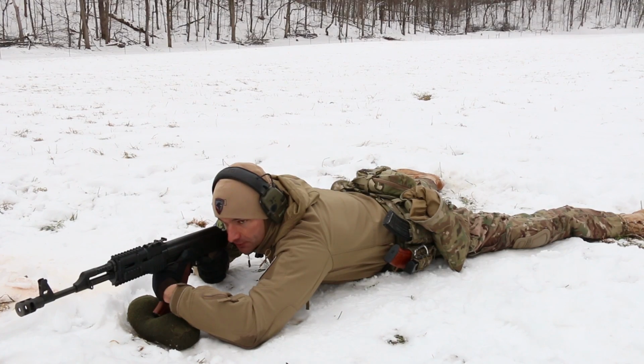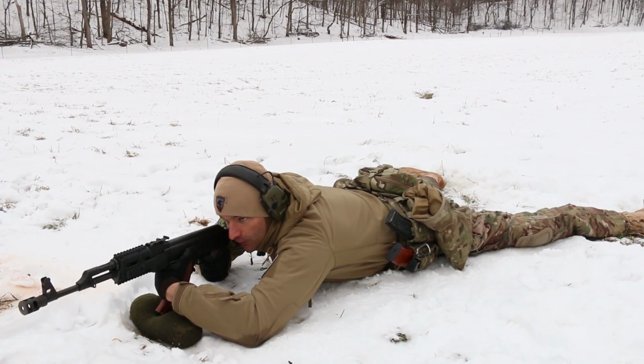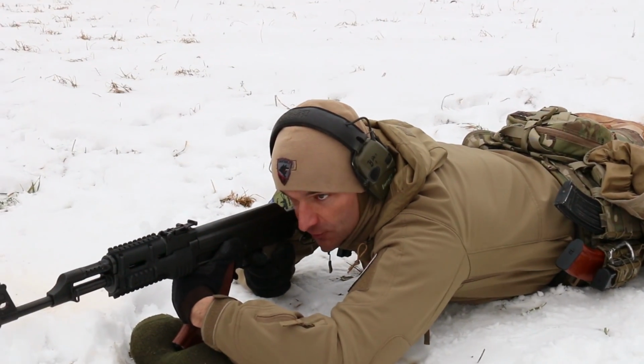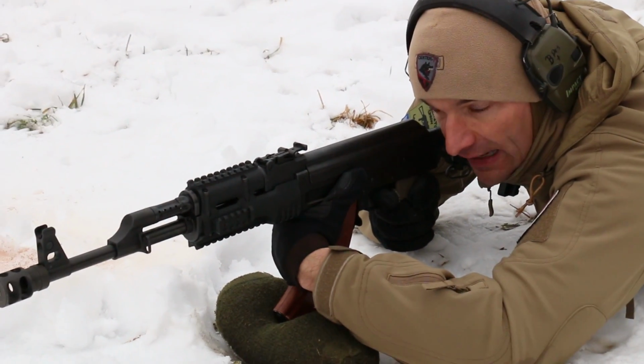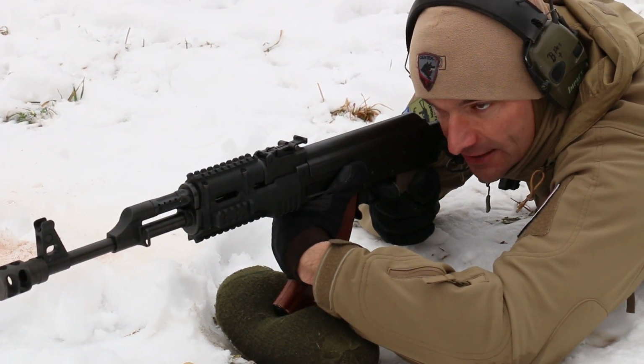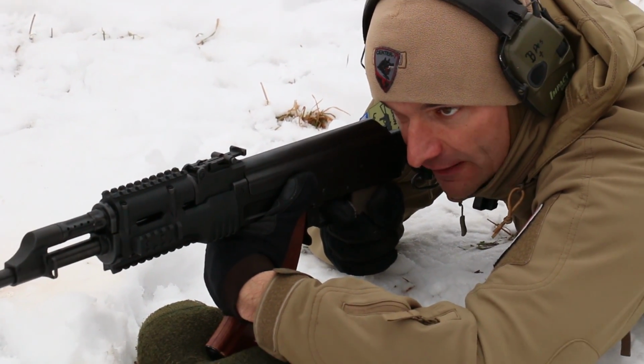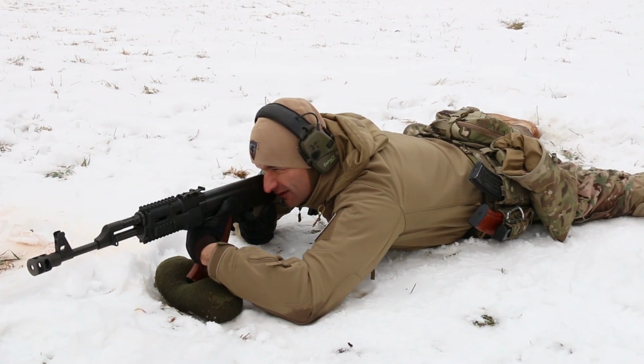I'm still holding that trigger backwards, okay? And I will release it now, and you will hear the click. That's a reset of the trigger. That was that metallic click, okay? I didn't let the trigger go all the way. I'm still holding my finger on it. So now when I go behind my sights